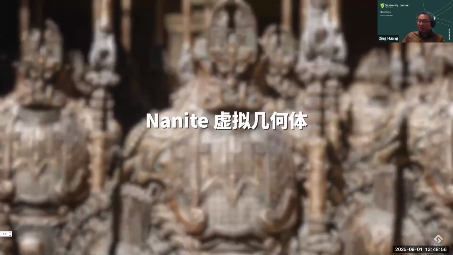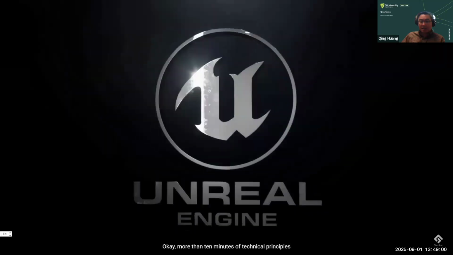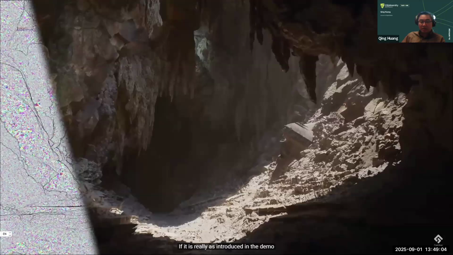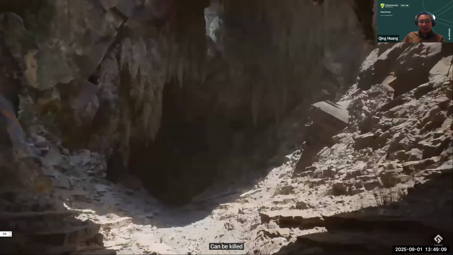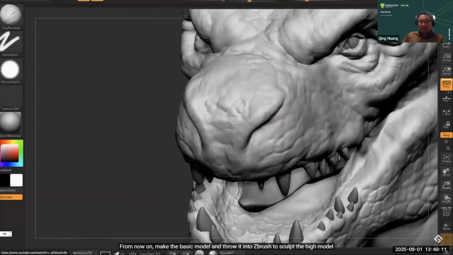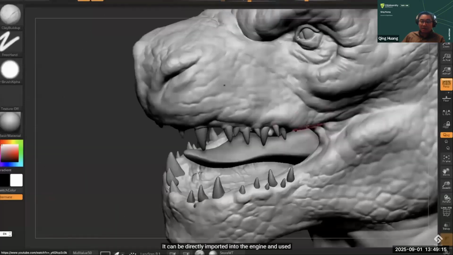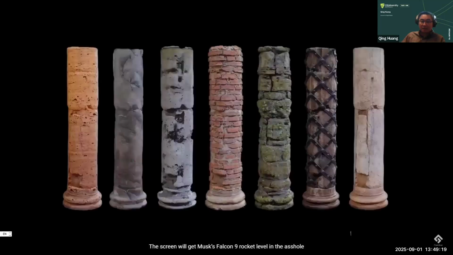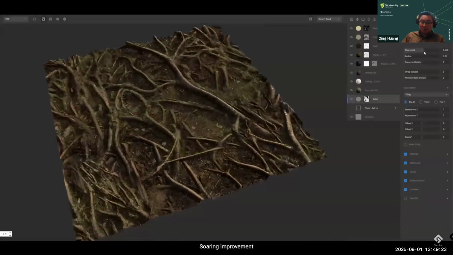Hence, we have now the Unreal Engine. 好，讲了10多分钟技术原理，终于可以看到Unreal的渲染器问题了。They claimed they can do that. All right, so they solved the problem. 如果真的如演示时贴图，那Unreal 5上面所有的技术就都可以被干掉了。从今往后，做好基础模型，丢到游戏里就可以直接导入使用了。So everything is real time and render real time. And no matter how many polygon models you have or texture or distance you have, it can do all that. 玩家的画面体验有超火箭级别的提升了。